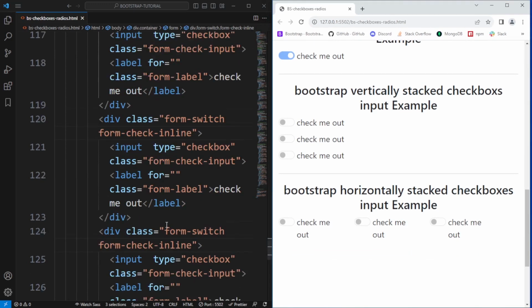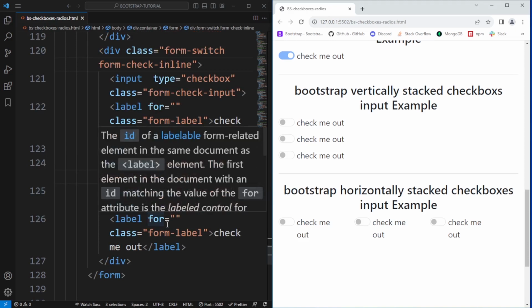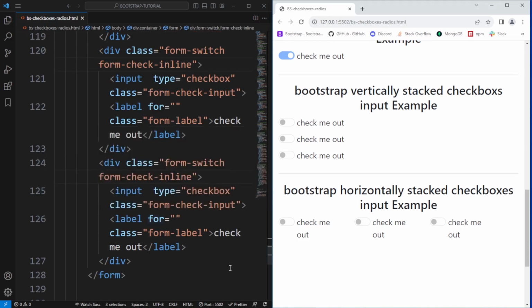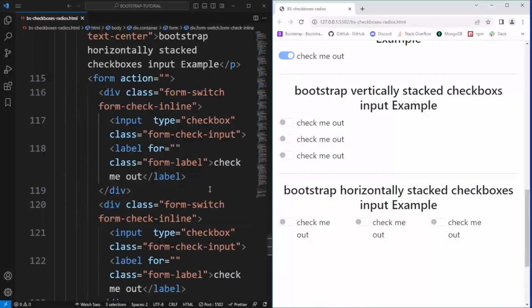That should be form check label. Okay, let me check where is the mistake. Form switch, sorry, actually this is form switch, and what I'm gonna change here is that it should not be form switch, that should be